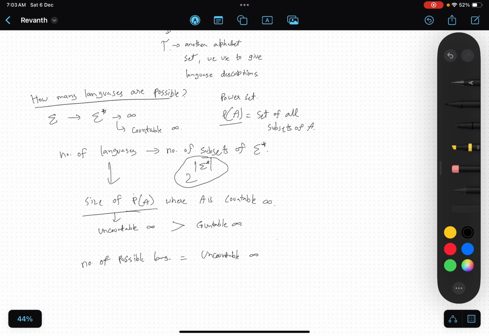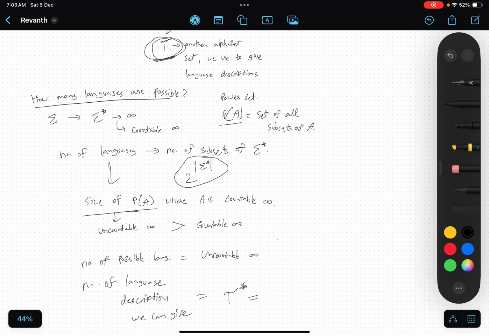But for every language we can only give a finite description using these symbols. So the number of language descriptions we can give is basically all the strings that we can generate using tau, which is tau star.